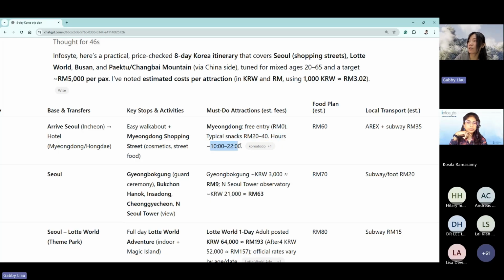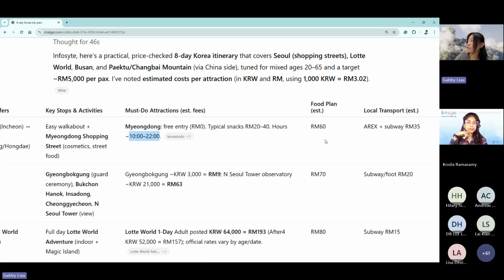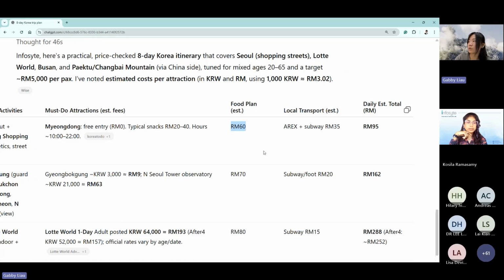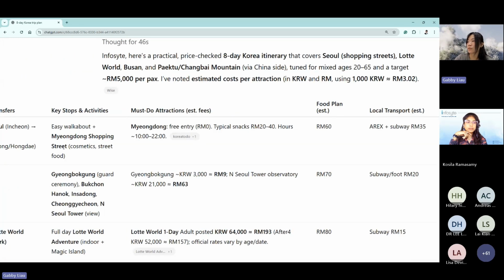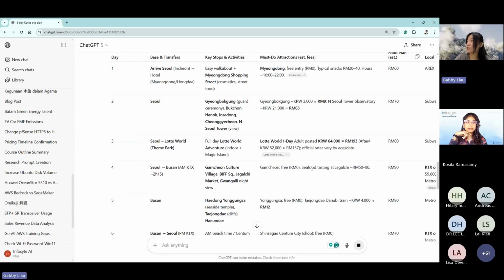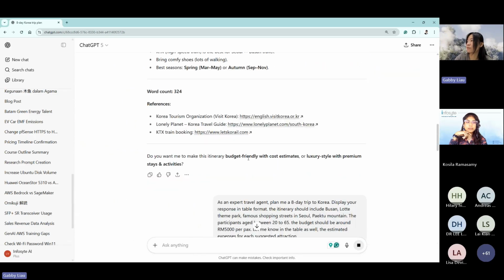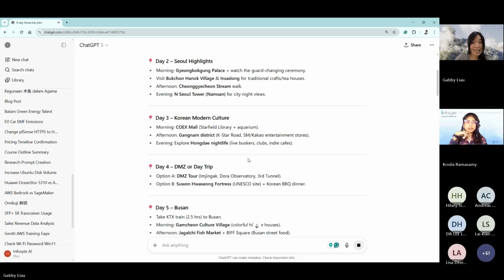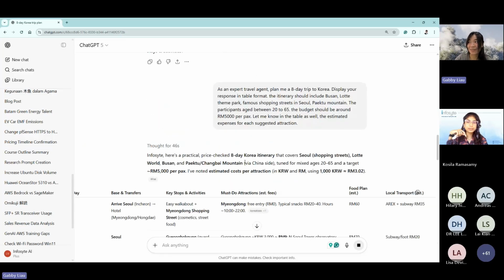Operating hours, food plan. Maybe you have to spend around $60 at this attraction. Local transport. Wow, right? Daily estimated, you're going to spend this much for the first attraction. See, as you compare to the one you got before, which one is more specific? Definitely the latter one, right?